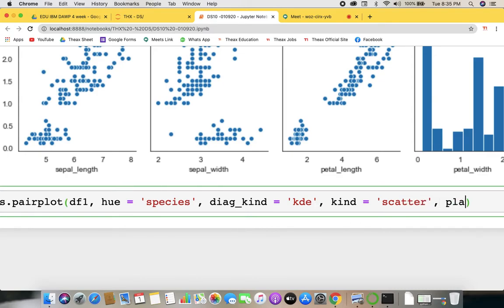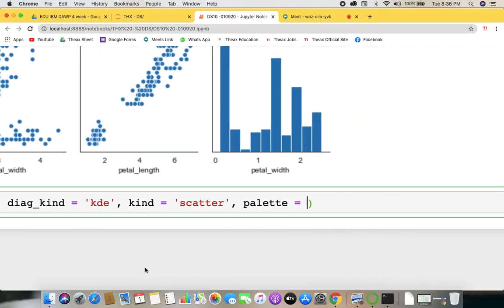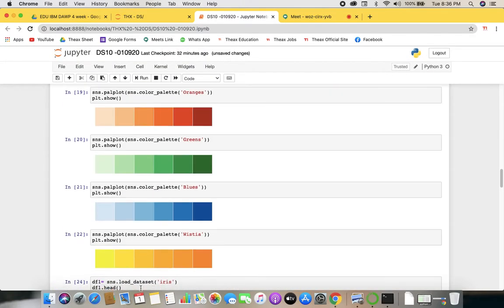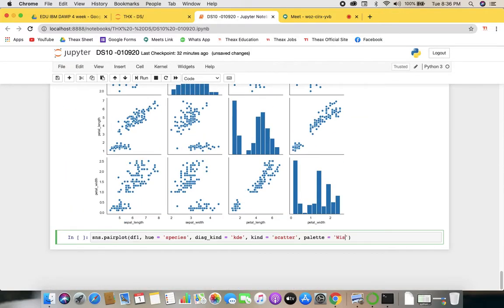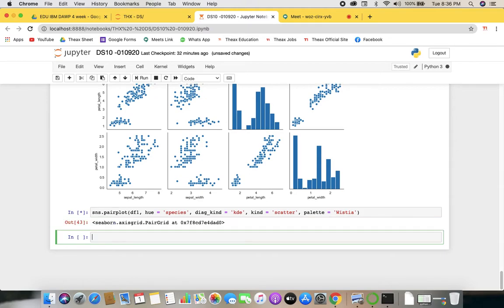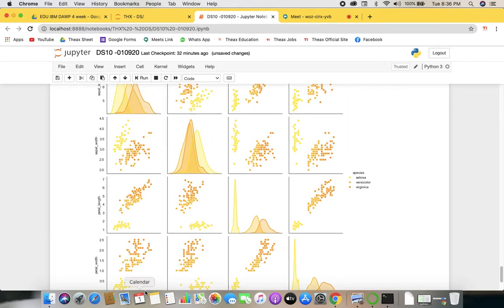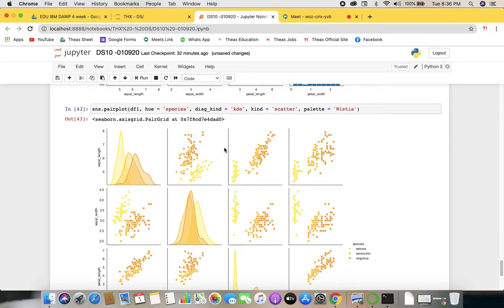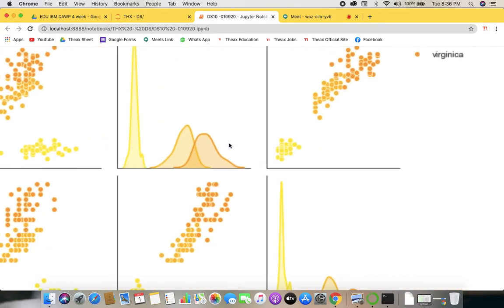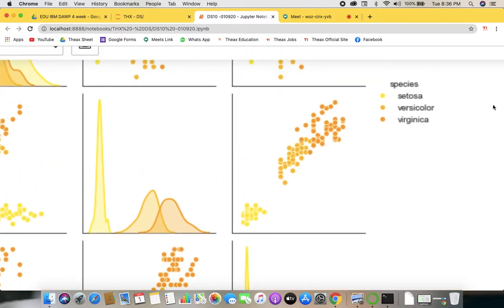And I'll say that the palette we are going to use will be, what is that? Vistia. We'll wait a bit. It will be plotted and you can see the graph. Okay. So you can see and you can even differentiate now that this light yellow is for the setosa,